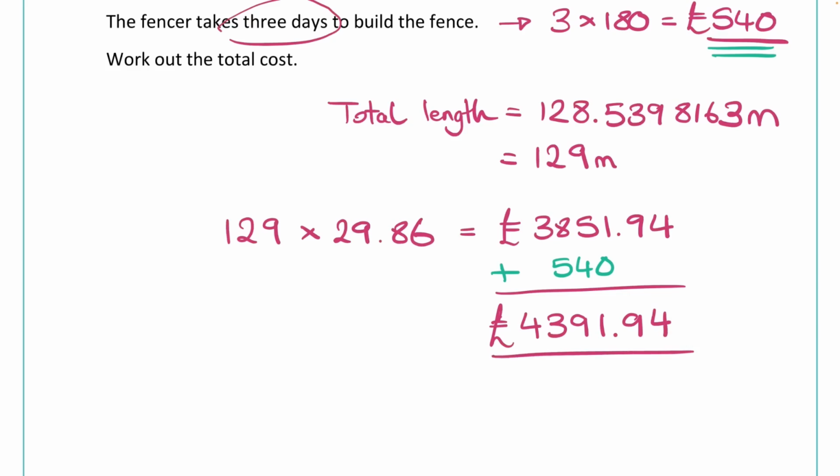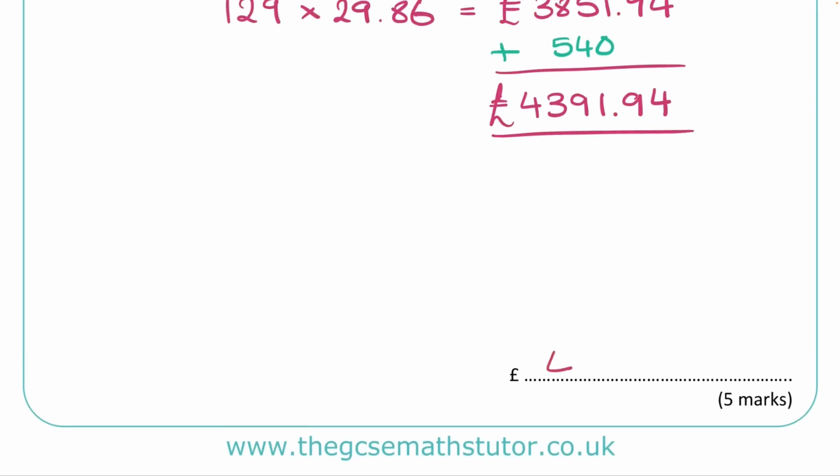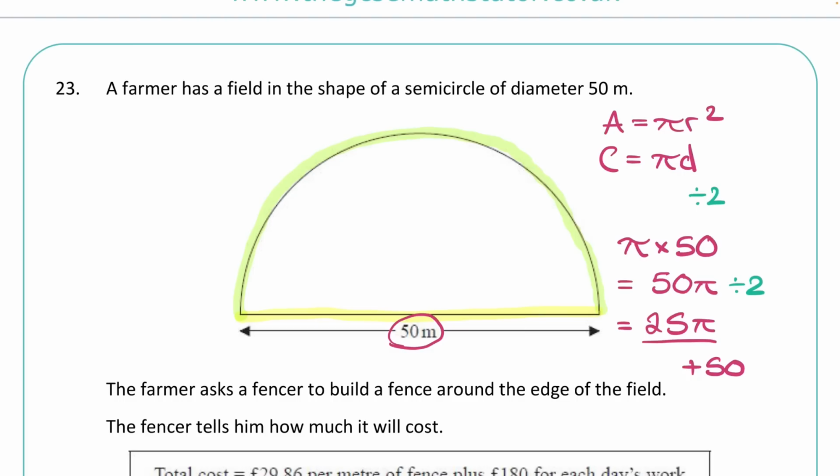£4,391.94. And there we go, that's my final answer. That's what I want to put down here on my dotted line, £4,391.94. Now that is a circle problem there, of course, using the circumference formula, and obviously halving it there because we had a semicircle. But of course, make sure that you are still very, very happy with your area formula as well, as if circles is going to appear on an exam, it could be an area question, it could